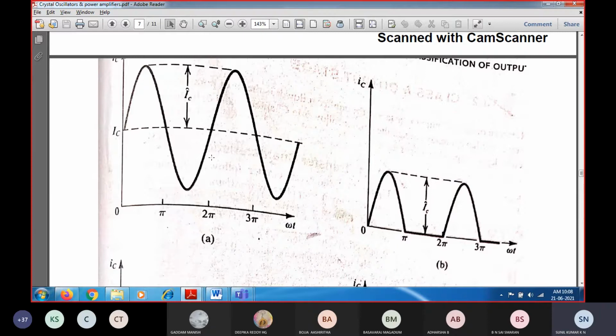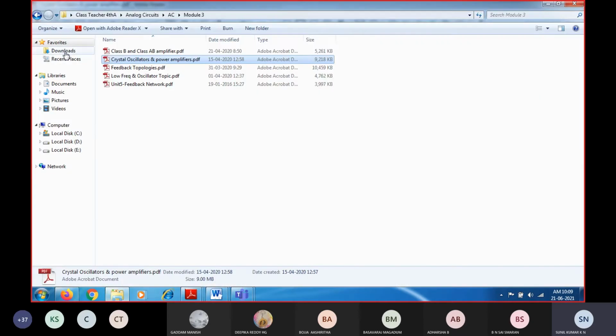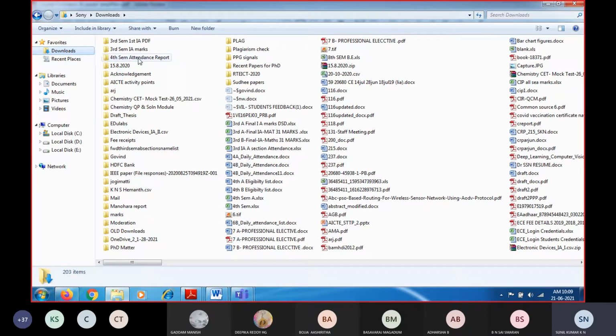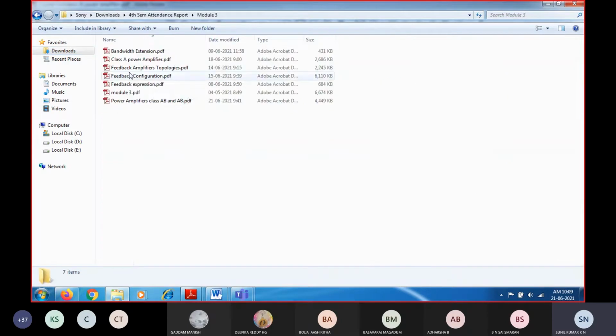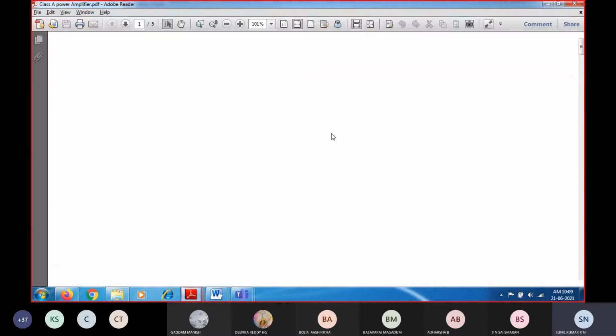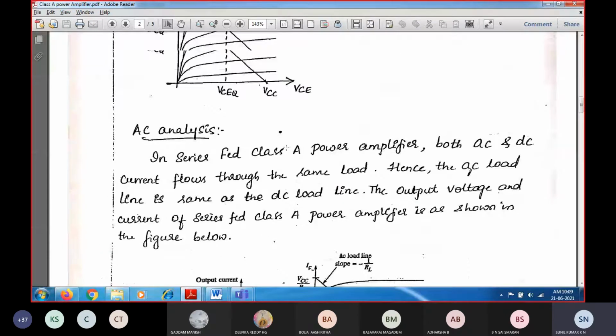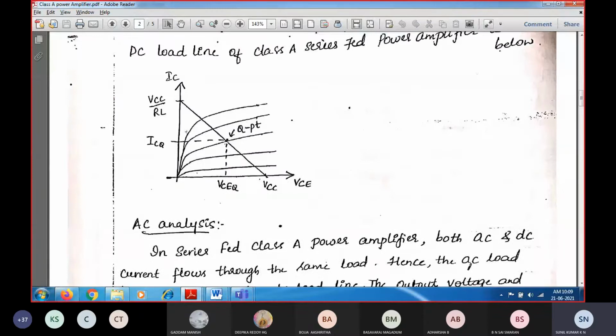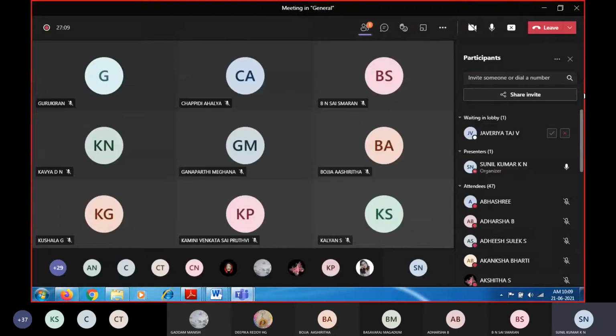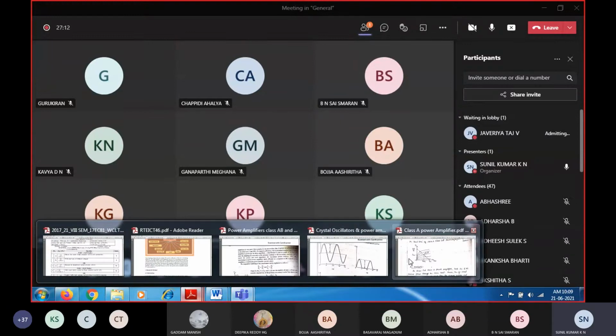In the classification of the Class B amplifier, we have seen that the Q point you select is at the cutoff region. If you consider an x-axis and y-axis, and an amplifier, I'll just go through the previous figures. When we are considering the operating angle and we select the Q point exactly at the center, you'll be getting the full amplification at the output, so that you'll be getting a complete 360 degrees of operation.